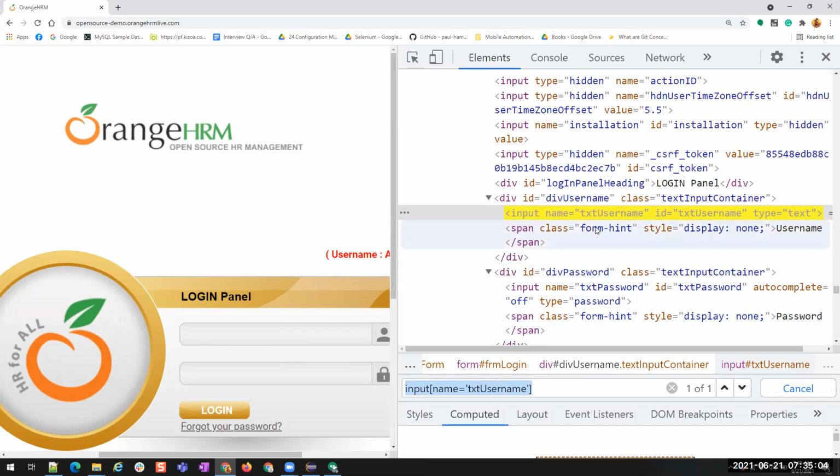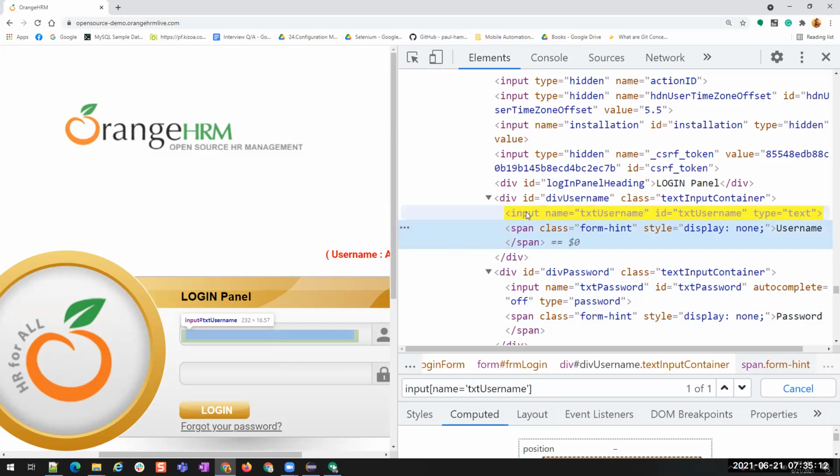Okay, now I want to go to the span. For example, I want to go to this span element, which is a sibling to this input, right? It's a sibling to this input element. Now I want to go to this. If I want to go to this span element, it's the following sibling. So in XPath, we used to write slash following-sibling::span. But in CSS, we do not have those following sibling method. There is a different notation. Okay, and we do not use slashes as well. See, this doesn't work.